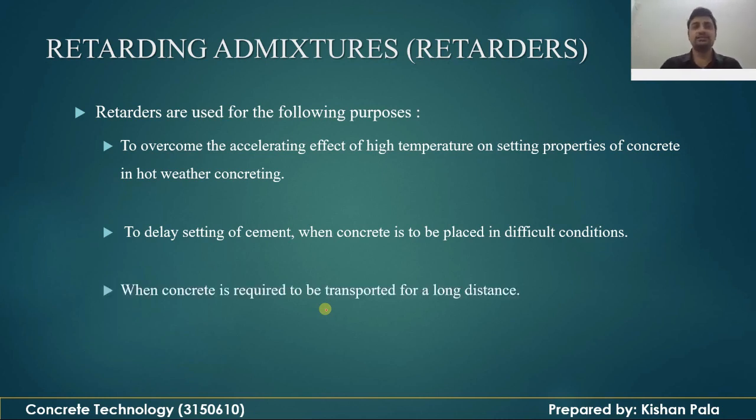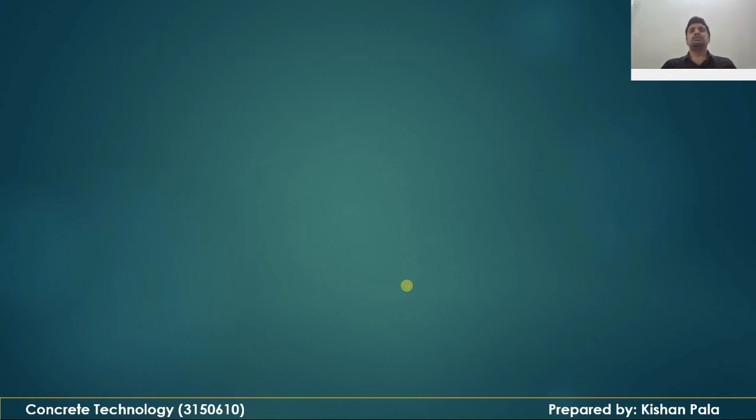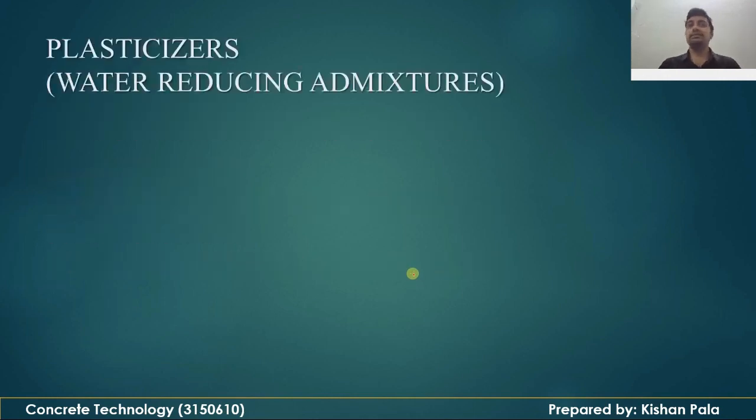And the next point is, when the concrete is required to be transported for a long time, it can be possible. So these are the purposes of the retarders. Next one is the plasticizer,